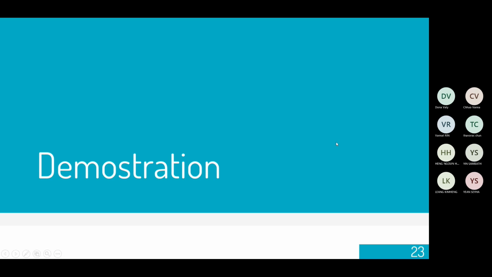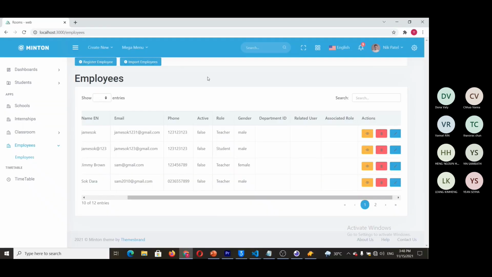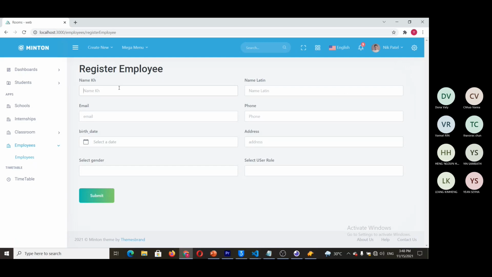And now let's come to the demonstration part. So now let's test our register employee function. Now I can create a new user, for example Sokdara.